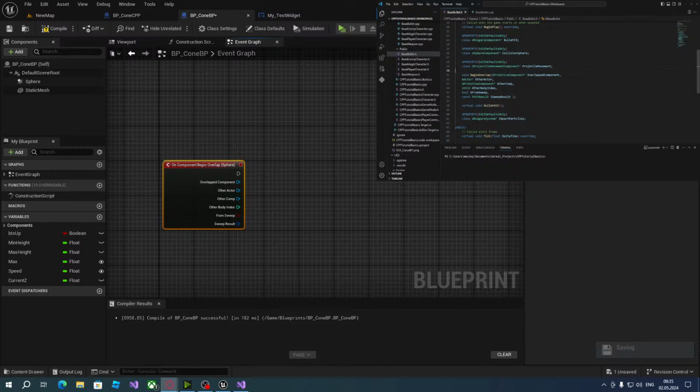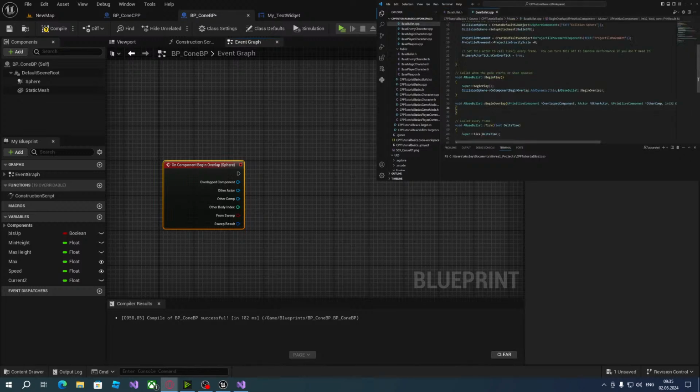Oh, and it is important to also mark whatever function you are binding there as a U function. Because when we overlap, what are we going to do? Well, first and foremost, we're going to destroy this. We're just going to destroy the thing itself. But we also want to do a number of different other things. And that is, we want to spawn a new particle system. And we want to, if it is a character that we are colliding with, we want to actually damage that